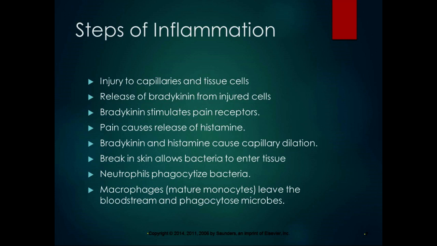So if a break in the skin allows bacteria to enter tissue, the neutrophils phagocytize the bacteria, they eat it. And macrophages leave the bloodstream and phagocytize the microbes. So if bacteria is causing it, the chemical messengers are what call the neutrophils and the macrophages, which are white blood cells, to the area to get rid of those microbes. If something else is happening, the neutrophils and the macrophages still show up because they're going to get rid of